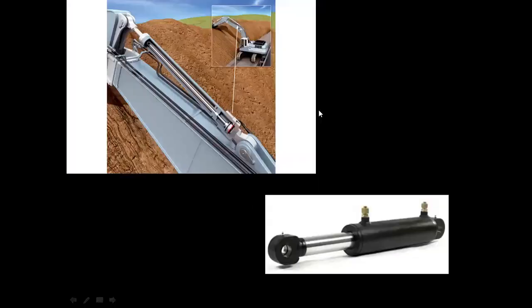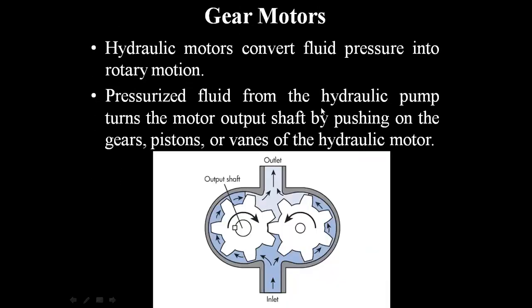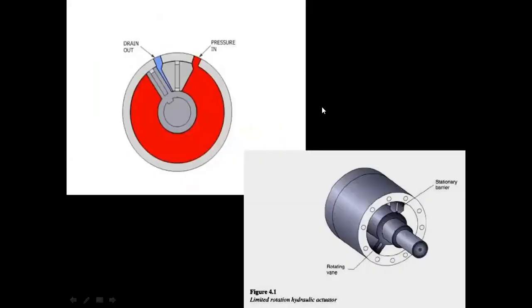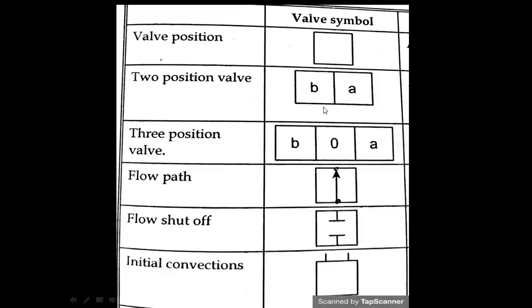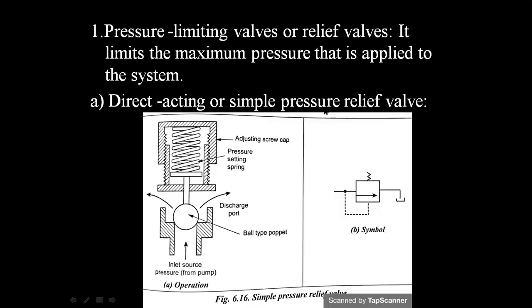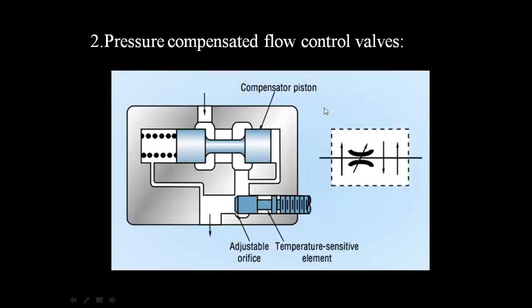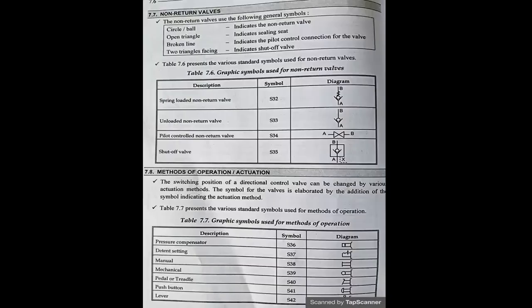Regarding hydraulics and pneumatics, we know a high pressure liquid comes from the pump. As soon as it comes from the pump, the high pressure enters the cylinder where the cylinder motion is transferred. Due to that motion, a mechanical output is produced. So we are familiar with this principle of working. Now we are going to see the types of symbols involved in fluid power. It is simply nothing but fluid power symbols.